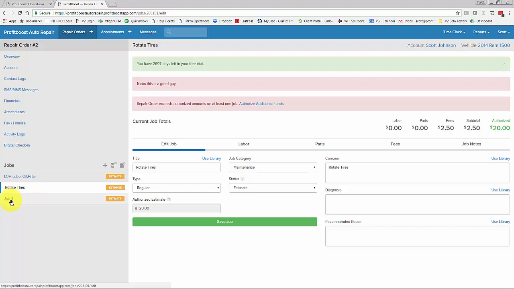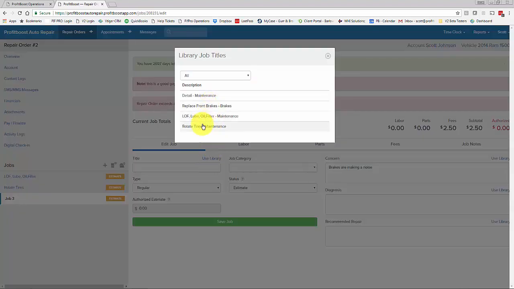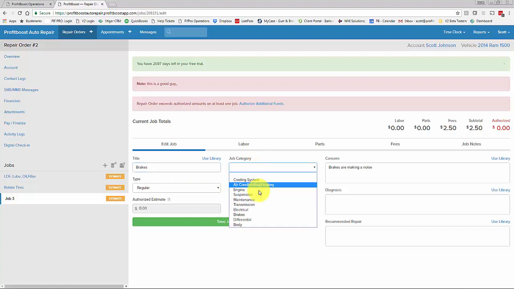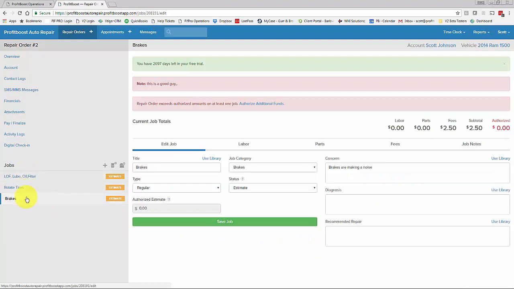So we're moving down the left hand side here, the lube oil filter, the rotate, job 3. I'm going to click on that, and we're going to call this, again, I don't have a pre-populated field in there, so we're going to call this brakes. And this will go under brakes category and save. So I've got 3 jobs, each one individually named